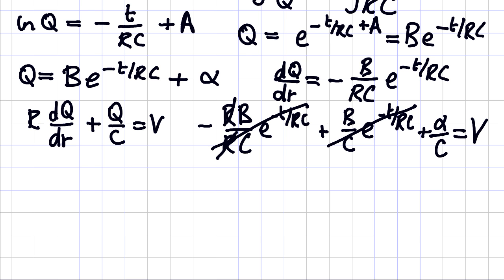So that leaves us with alpha over C equals V, or alpha equals CV,